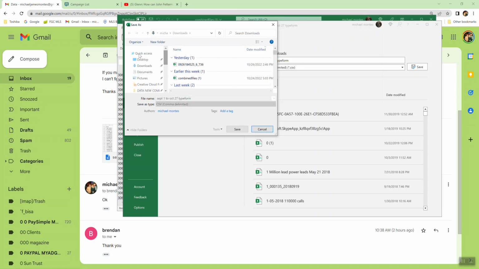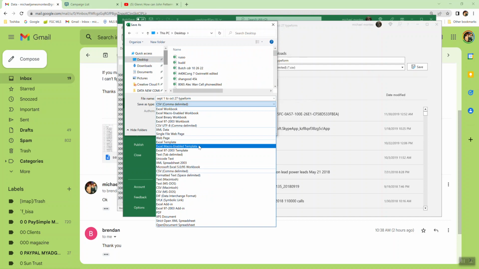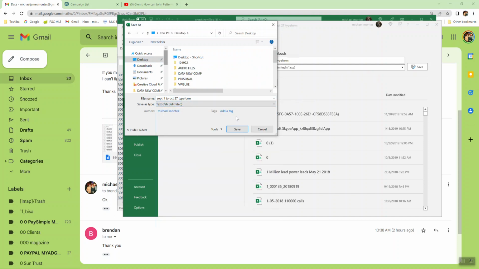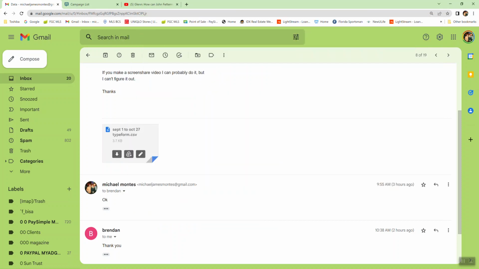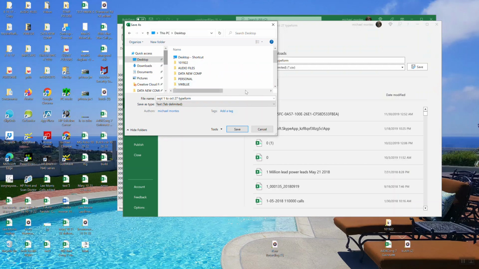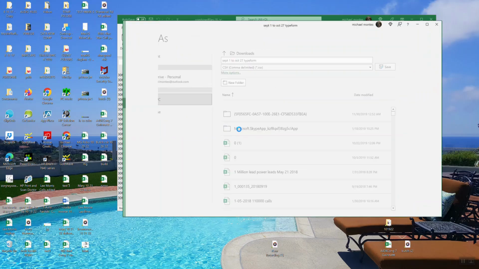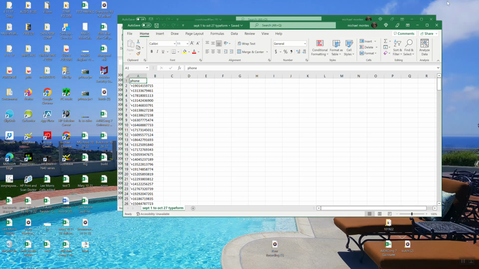Okay, so Desktop, and then instead of a CSV file, you want to save it as a TXT, tab delimited. So you want to save it as that, and then hit save. Okay, so now save. Okay, so now let's get out of, let's open, come in here and go File,